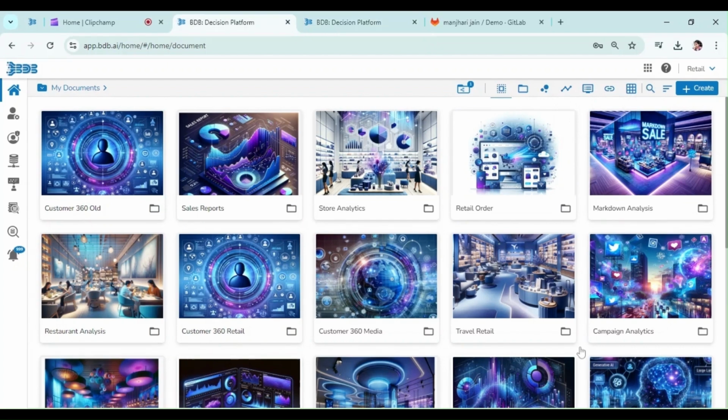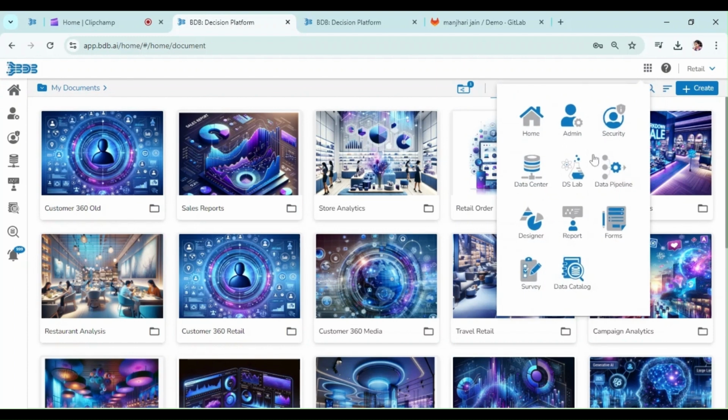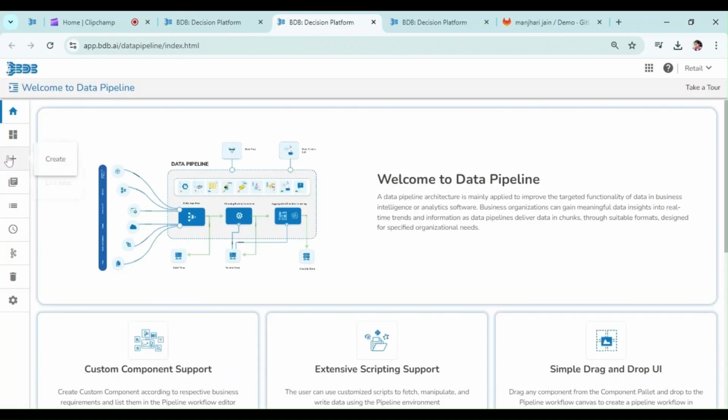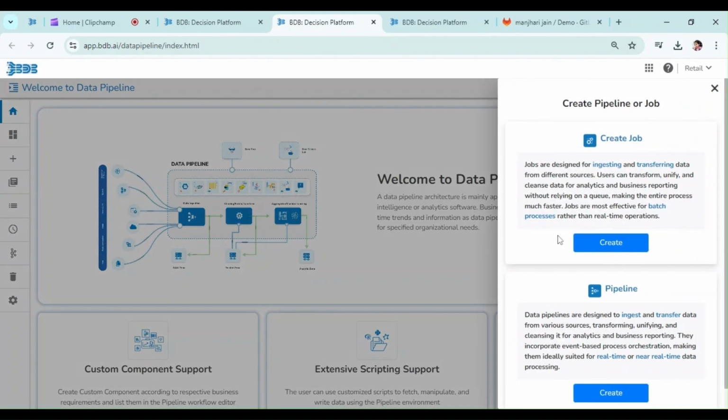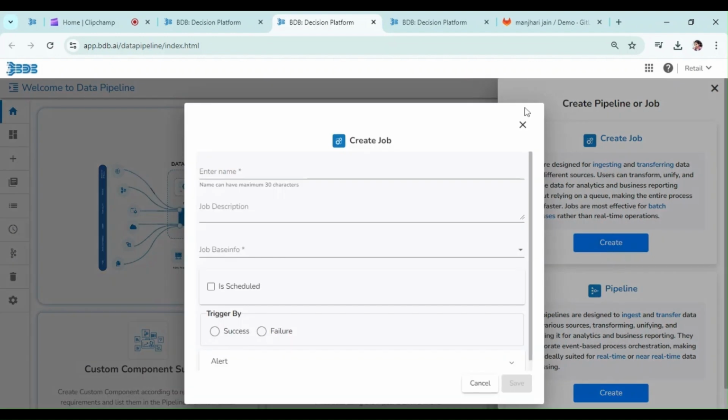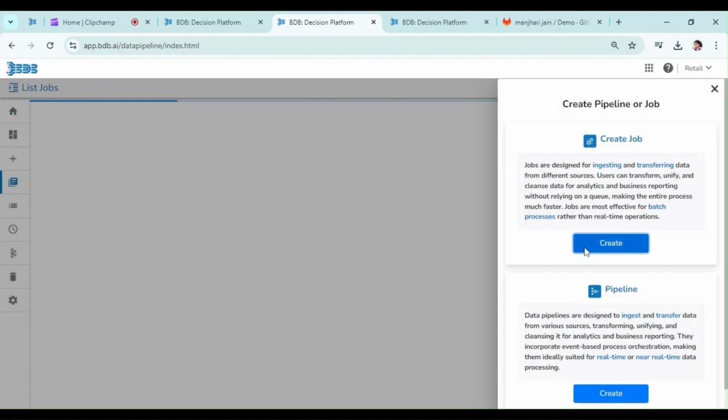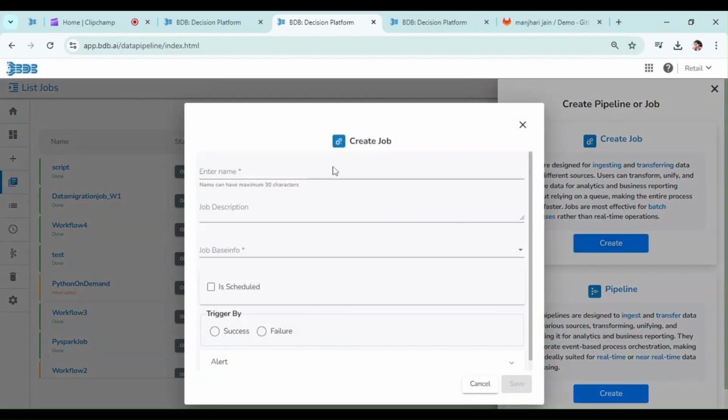To begin, access the app menu and locate the apps icon in the top right corner. Select Data Pipeline Plugins from the menu options. Click on the Create icon to initiate the job creation process. Then navigate to the Pipeline or Job Creation window and click the Create button in the Job section to initiate job creation. Provide a suitable job name like Workflow 6 and a description such as Script Executor Job,